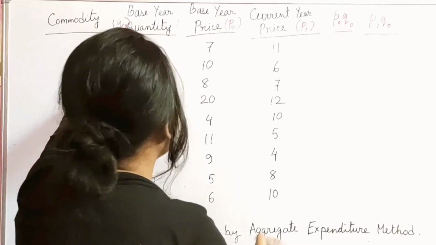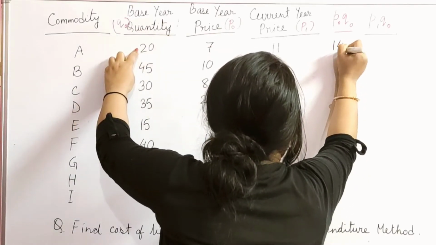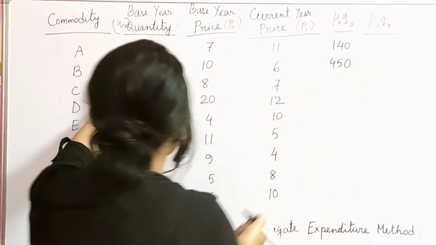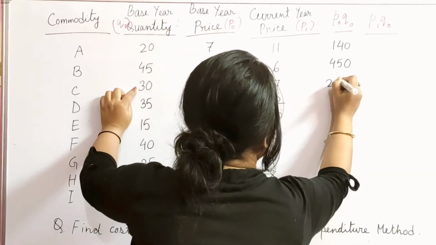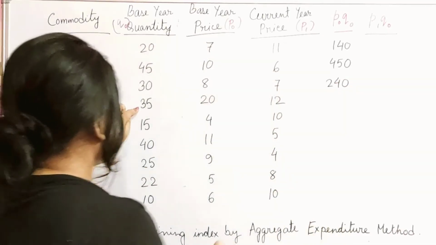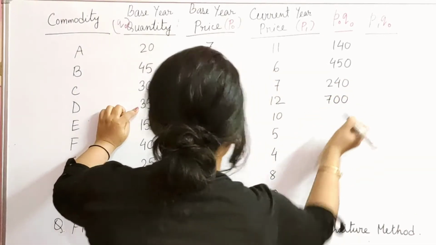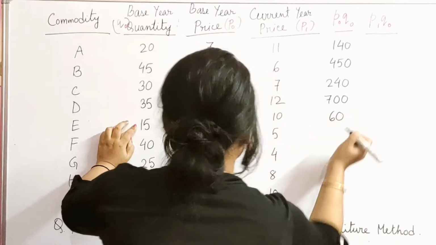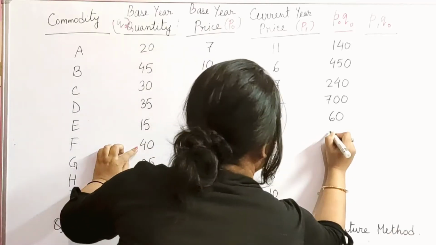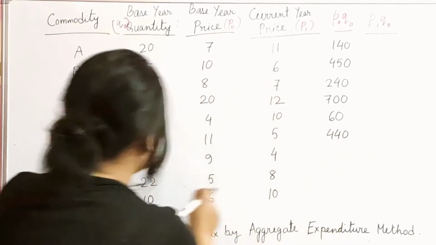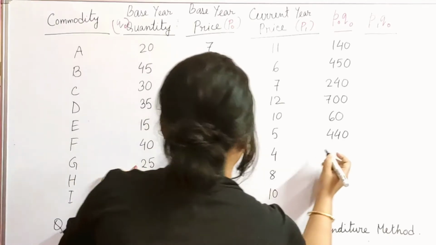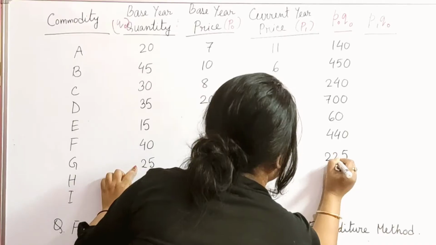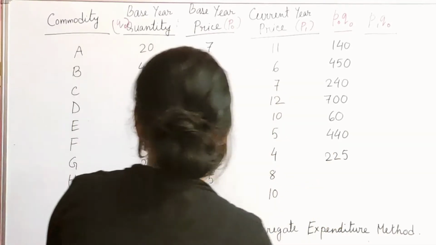So the values will be 140, 450, 240, 35 into 20 is 700, 15 into 4 is 60, 40 into 11 is 440, 25 into 9 is 225, then 22 into 5 is 110,